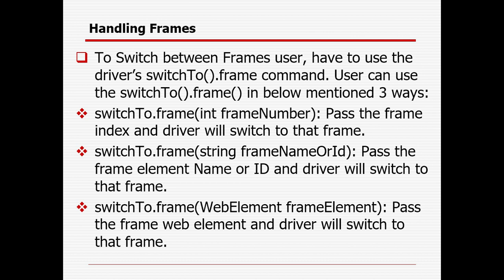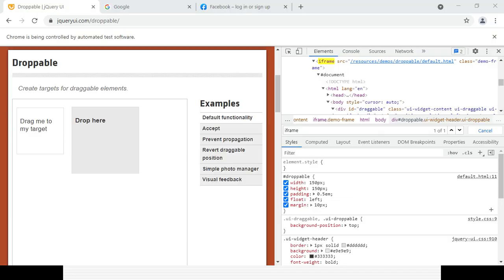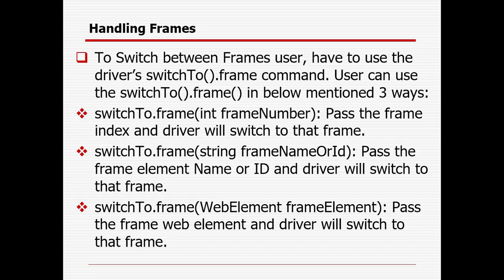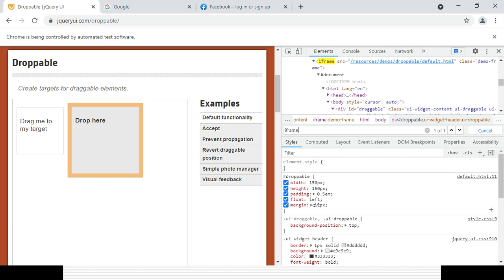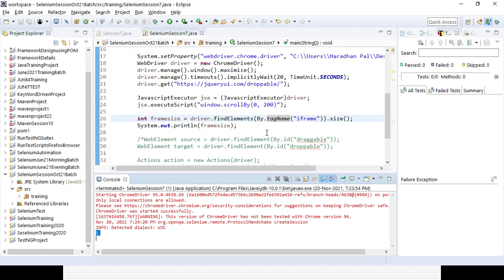So these are the three options: number, ID, or the frame element. The index starts with 0, so if there is only one frame, it will be 0. Everything in Java starts from 0 only.